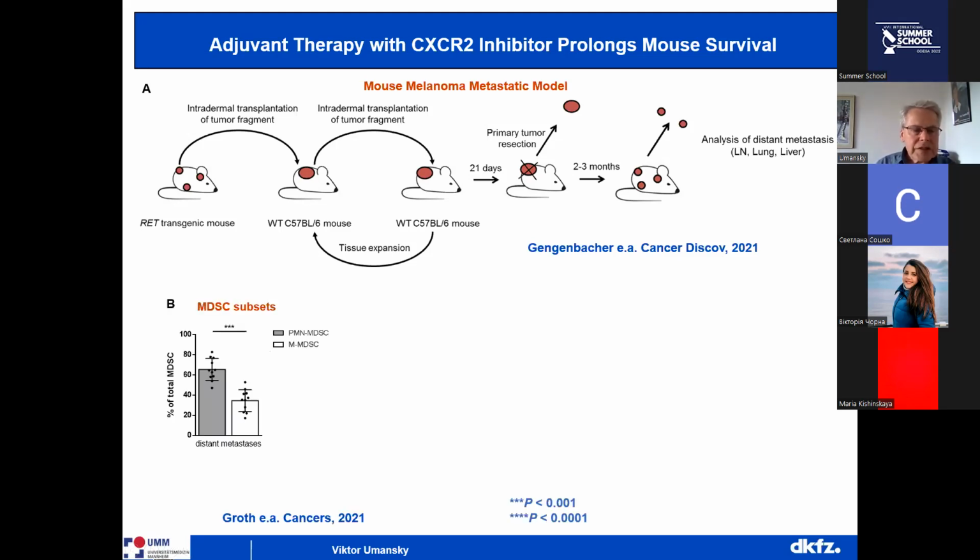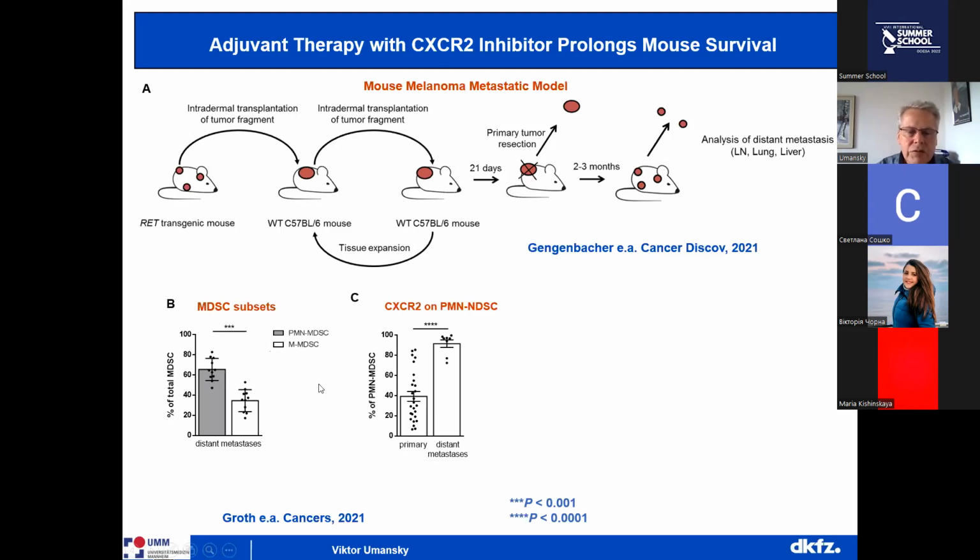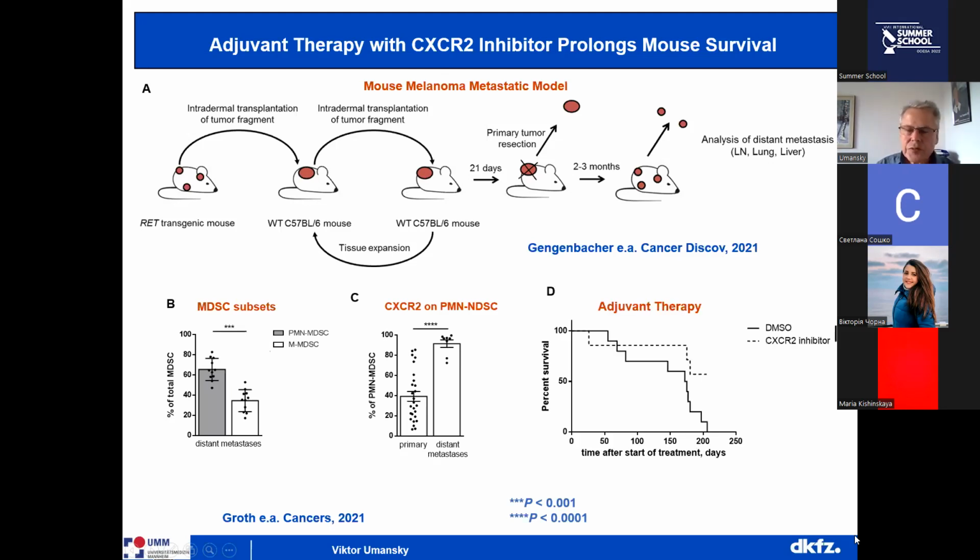But we found that in distant metastasis, there is a real accumulation of PMN-MDSCs in comparison, for example, to M-MDSCs. And PMN-MDSCs in distant metastasis express CXCR2 much more strongly than in the primary tumors. And we treated the mice at this stage, when the primary tumor was already removed and metastasis had developed,